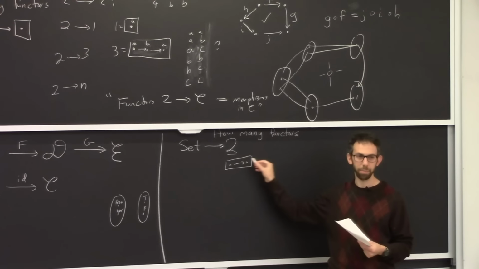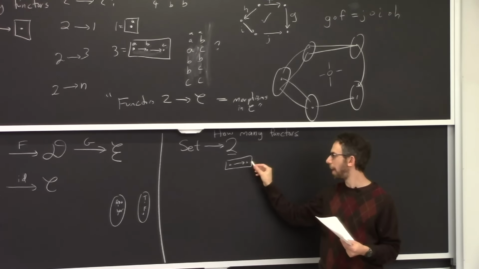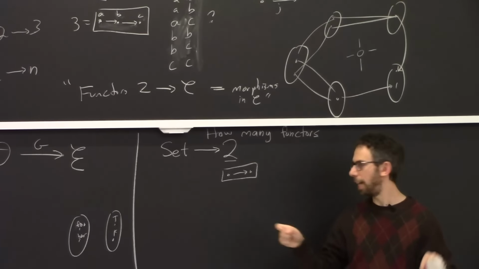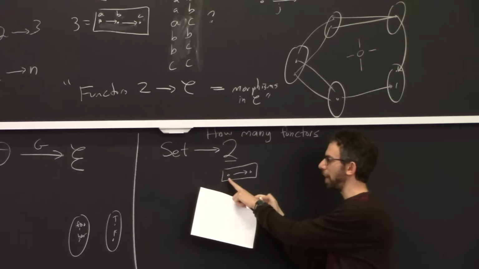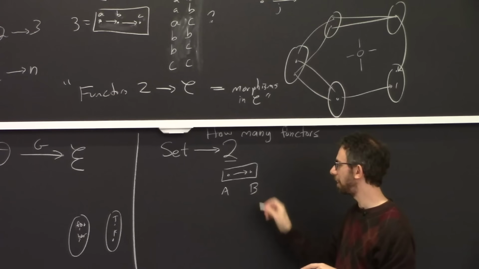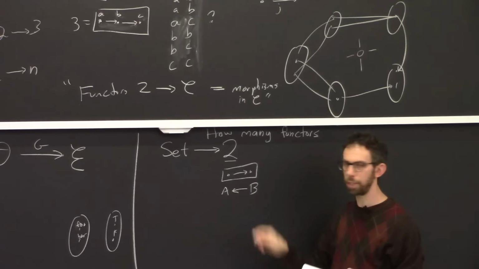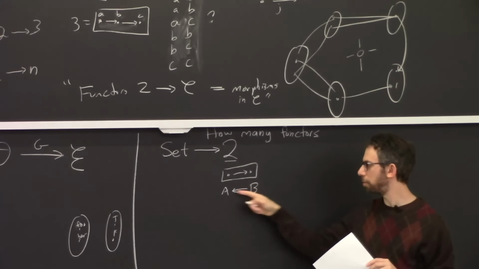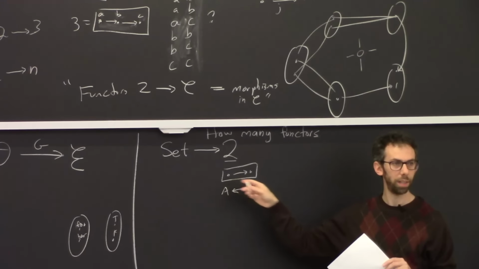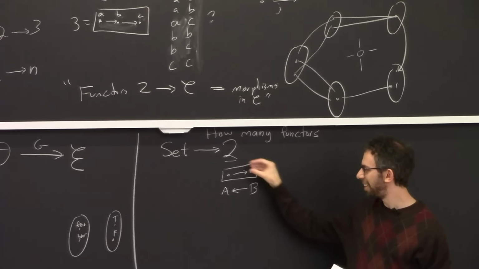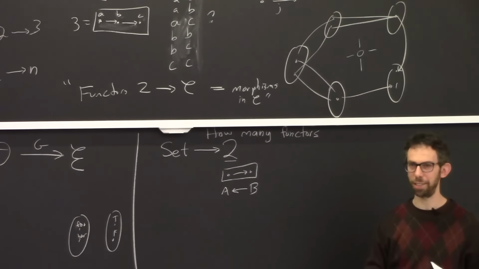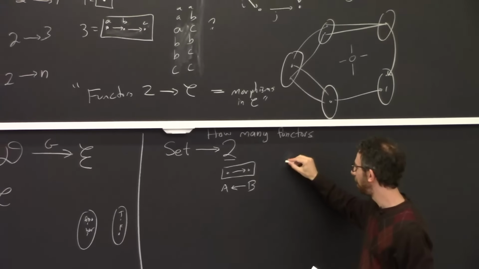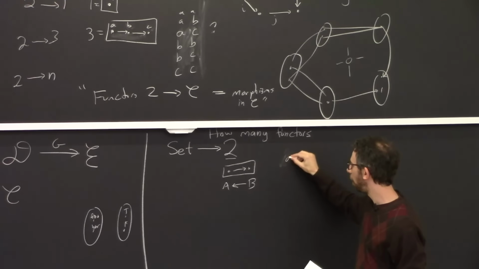2 non-empty sets can't be on different sides of this, because for any 2 non-empty sets, there's a morphism going one way and going the other way. And they'd both need a place to live. If set A was sent to this dot and set B was sent to that dot, then the morphism going that way would not know where to land here. So if there's a morphism from B to A, it can't be that B's over here and A's over here. So basically, and this is a stupid exercise that's never going to help you again, you could either put the 3 functors are like all sets go to A,